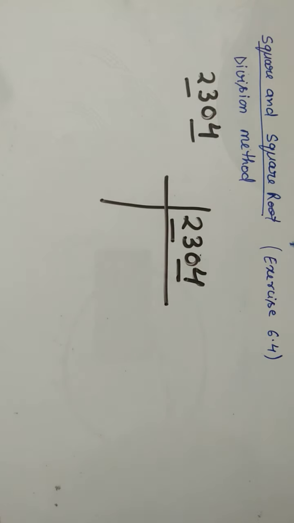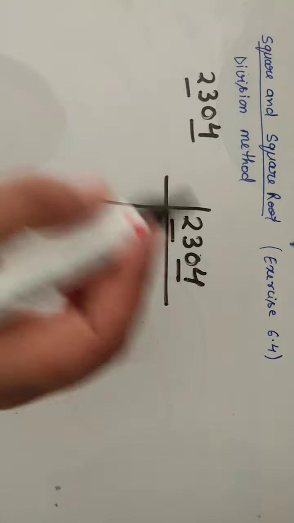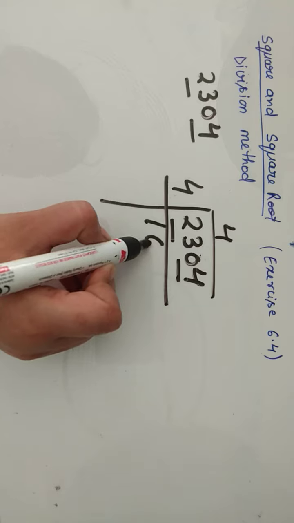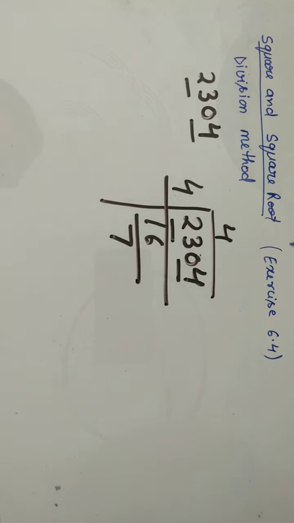Okay, so for it we will take the square only. Square only means we will not take 2 ones are, 2 threes are, 2 fours are. We will only take 2 twos are, 3 threes are, 4 fours are. Now see, 23 needs to be divided, so we will check by which number. 2 twos are 4, no. 3 threes are 9, no. 4 fours are 16, maybe. 5 fives are 25, it is greater. So which number will we use? 4 fours are 16, so we have the remainder 7.